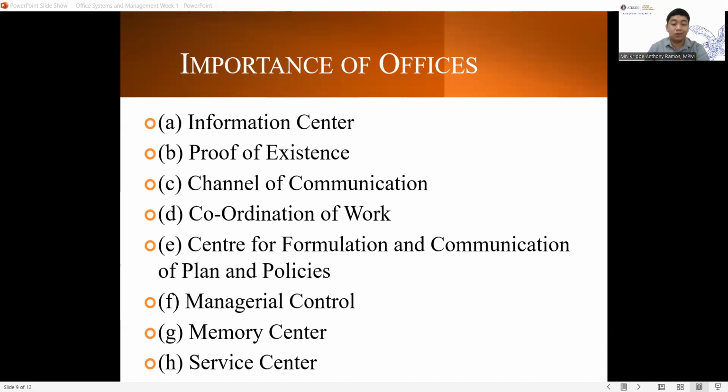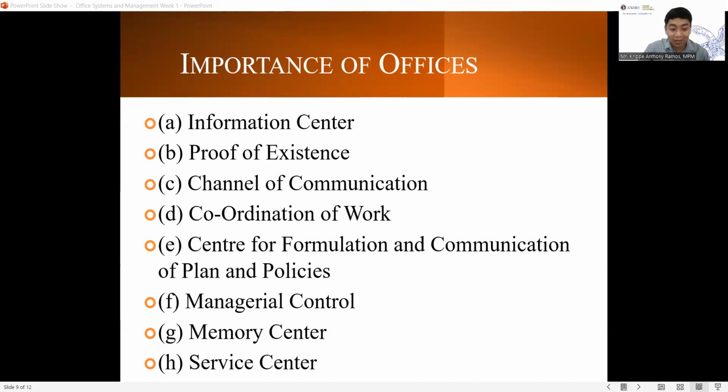Next, the managerial control. So, guys, the process of developing performance standards and comparing with actual performance, in order to take corrective action, ay tinatawag na controlling, di ba? So, how will you be able to control kung wala kayong office? Siyempre mababantayan ng mga top level managers yung kanilang mga employees once na meron kayong opisina. Kung nakita niyo halimbawa na hindi productive si employee A, hindi niya ginagawa yung kanyang trabaho, kailangan natin ng corrective actions